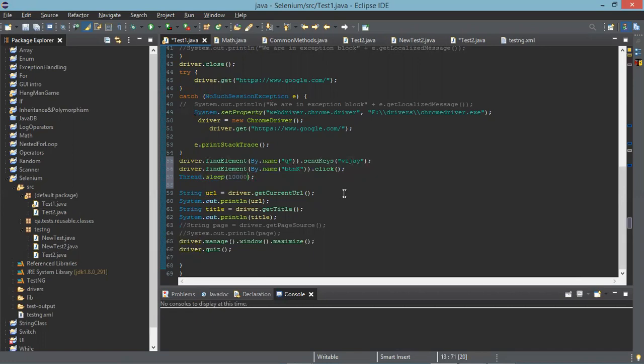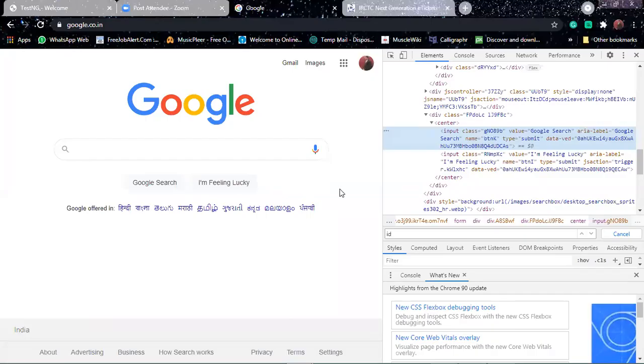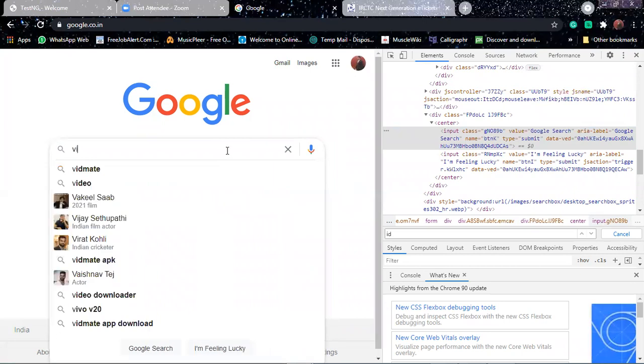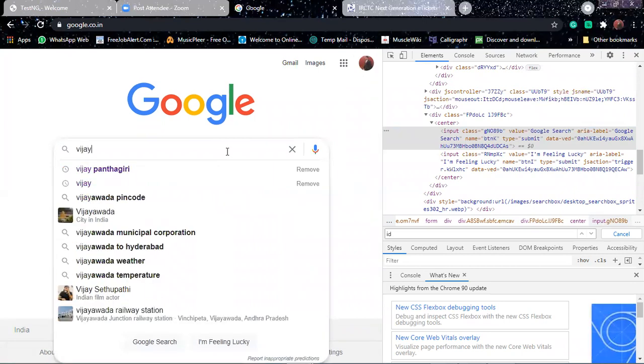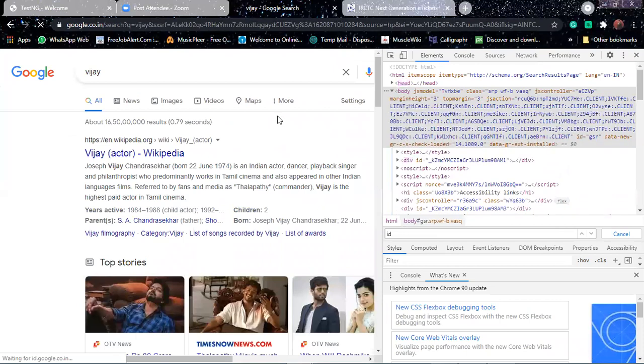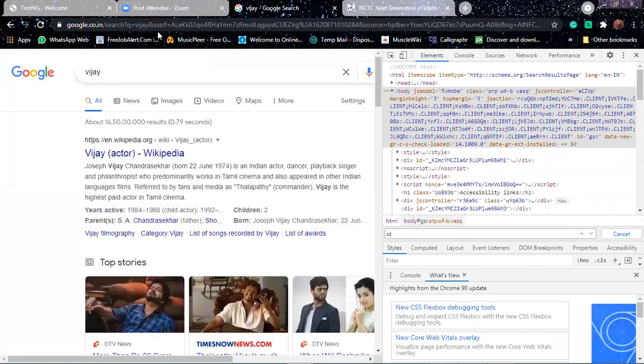Now go back to your Google and search for Vijay. Your title is Google and the URL is google.co.in. Now search for Vijay and press Enter. You can see here you have encoded data, and in the URL you have Vijay after q.